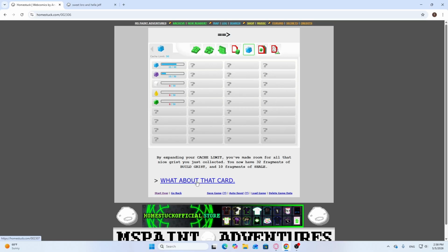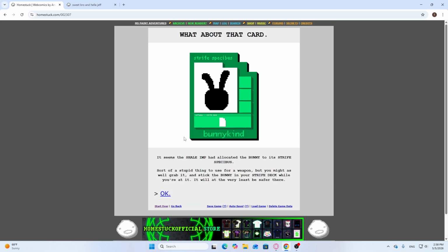What about that card? It seems the shale imp had allocated the bunny to its strife specialist. Sort of a stupid thing to use for a weapon, but you might as well grab it and stick the bunny in your strife deck while you're at it. It will, at the very least, be safer there. Okay,